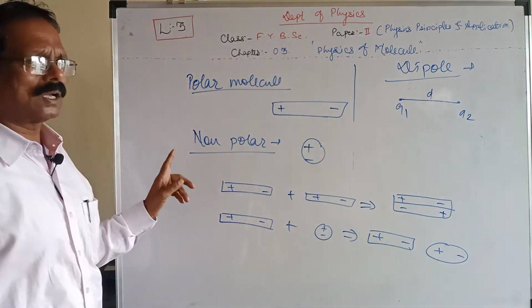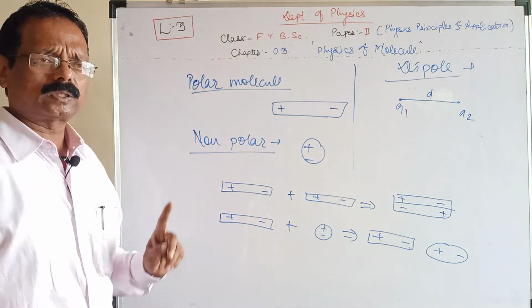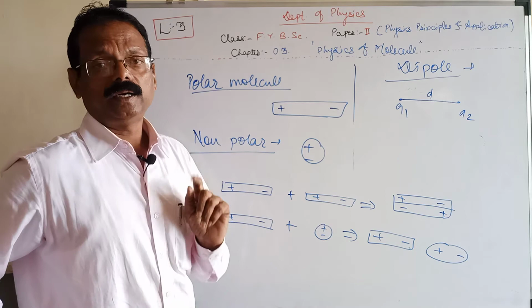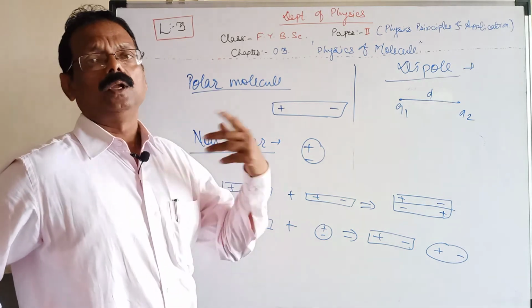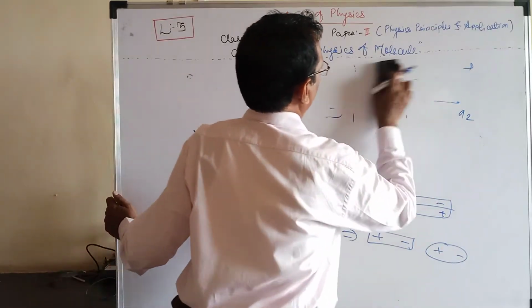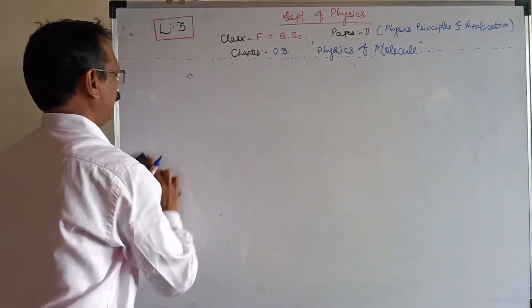So van der Waals bonds are very weak. They are attractive only within their neighbors, and their bond energy is very small. But ionic bonds and covalent bonds are very strong; their bond energy is 1 electron volt to 5 electron volt. So these are the van der Waals bonds, attractive only within their neighbors. Now, within a very short time, we will see what the metallic bond is.